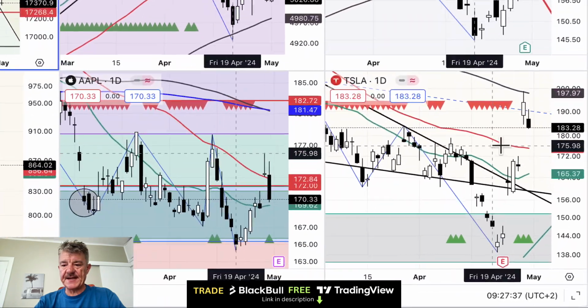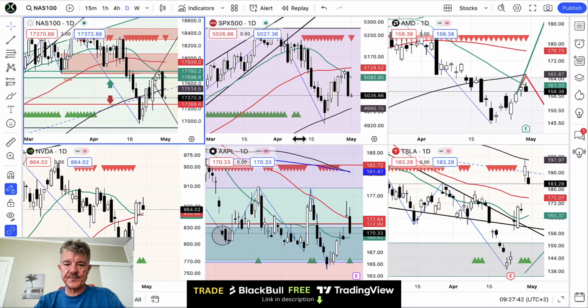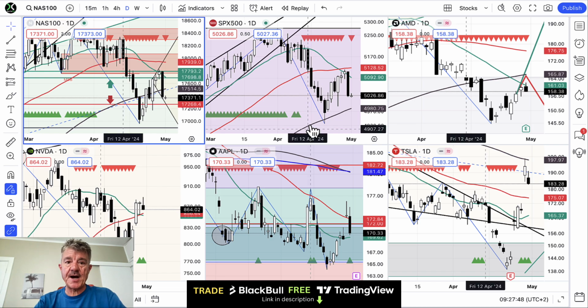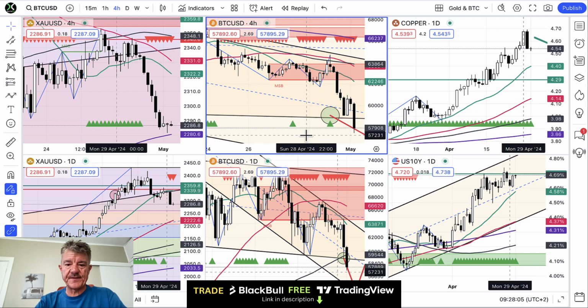And then we've taken some profit on our Tesla longs, just below $200. All of these will be affected by the FOMC today, so it's not worth taking the gamble. Let's wait and see what happens. More importantly, what Jerome Powell says after the interest rates announcement. Well, going across to gold and Bitcoin, we've just had a collapse in Bitcoin in the last few minutes. Let's have a look at what's going on.